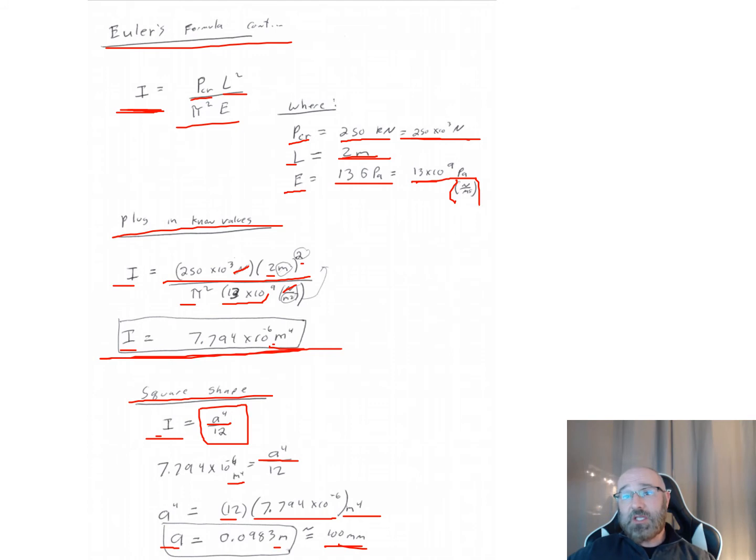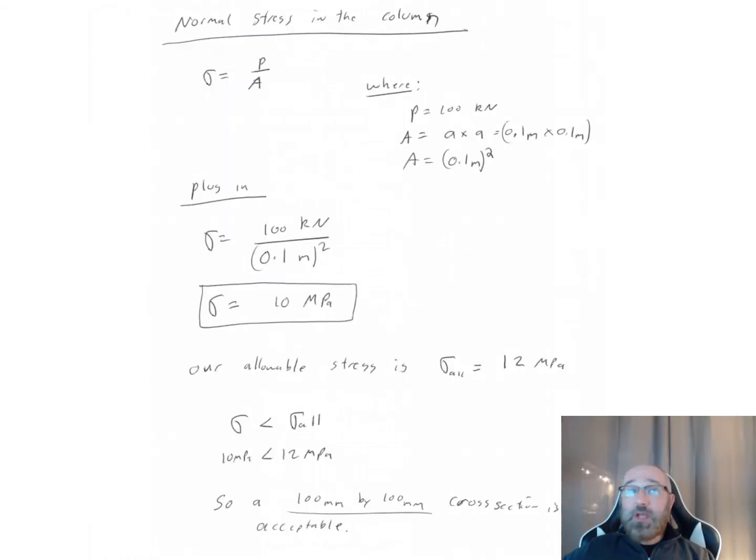Just make sure you're consistent and that everything checks out when you do your unit analysis. So from here, what we want to do is take a look at our normal stress in the column. Our normal stress is equal to our load over that cross-sectional area. For this case, we know that our load given to us in part A is 100